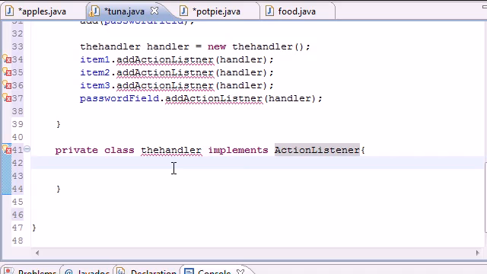And you'll see why later on, but I know it's confusing right now. But what this action listener class does is it takes one method. There's only one method we're going to be building in this class, and that's the method that's going to be called automatically